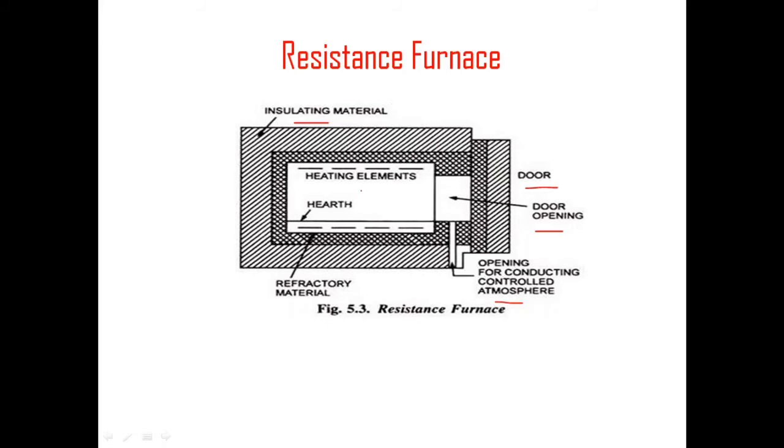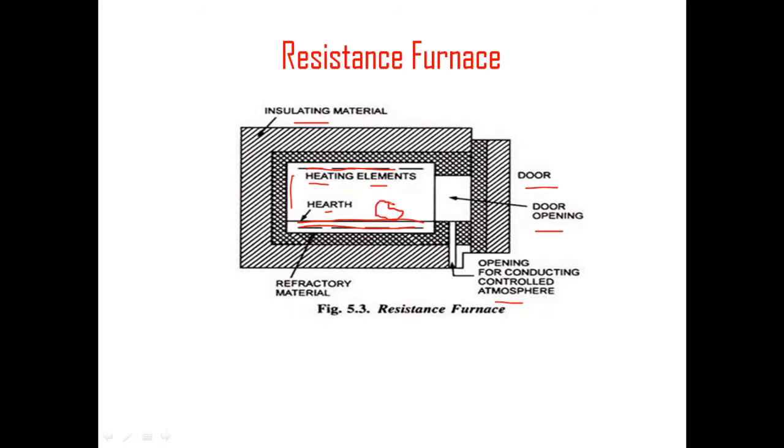Inside of that we will have a heating element. These heating elements can be placed either at the bottom layer, or at the top, or at the side walls. Or else we can have the element in all the walls, meaning top wall, bottom wall and side wall, or we can have it only at the top and bottom wall, right? And we have a non-conducting material here, earth.